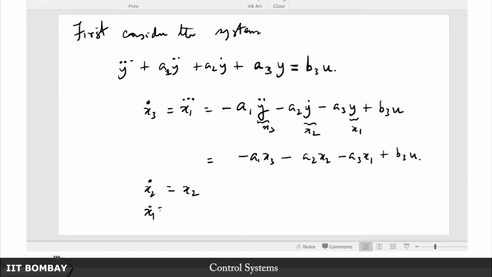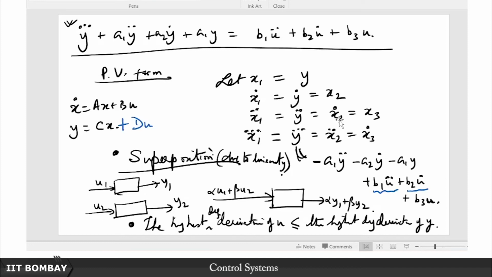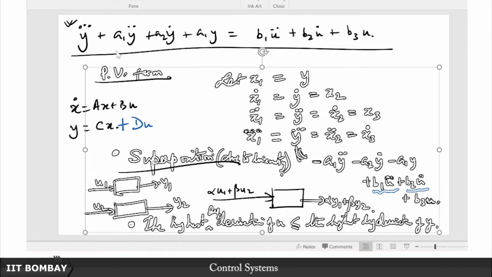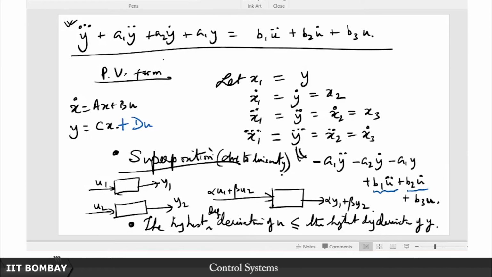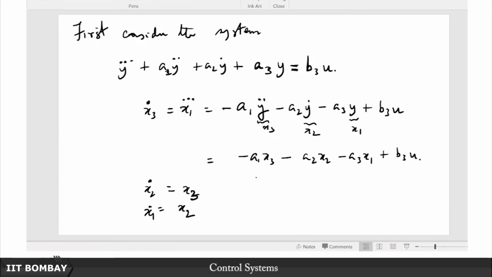And x1 dot is equal to x2, x2 dot is equal to x3. So x2 dot is equal to x3, as you can see here. It is this part that I am focusing on. This x3 dot is equal to this, and x1 dot is equal to x2. So now if I write this in the compact form, notice what it's going to look like: x1 dot, x2 dot, x3 dot,